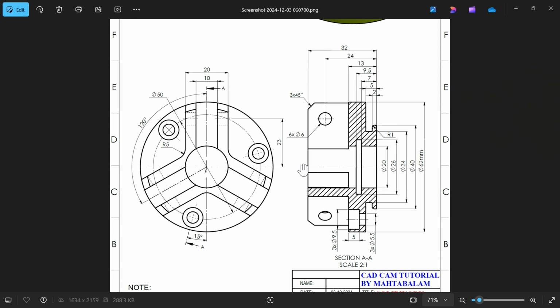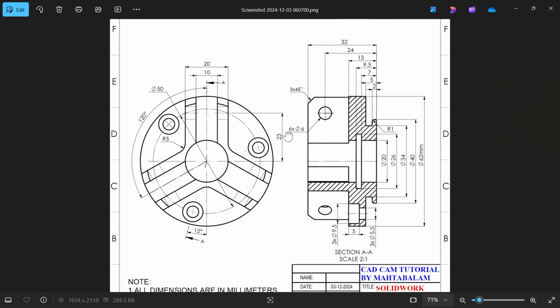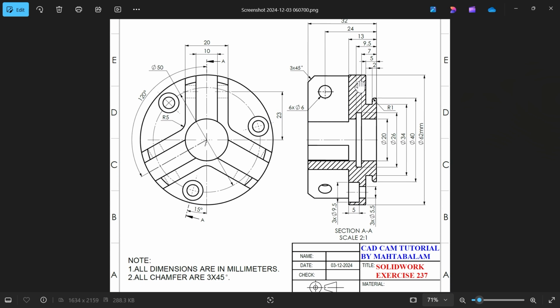Now you will see in the section view there is an auto hatch area. You will observe these are the fins. There is one center hole and there are 3 counterbore holes. So we will start with this cross section area. You will see this cross section area,